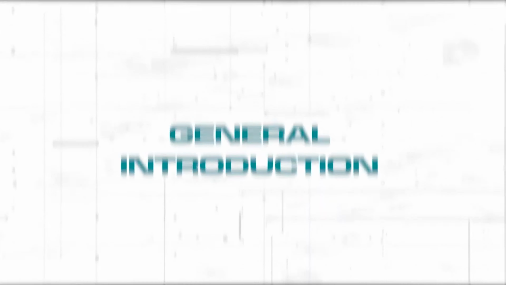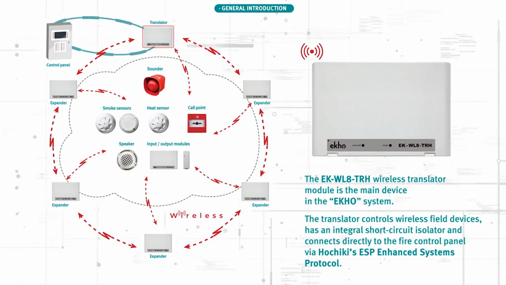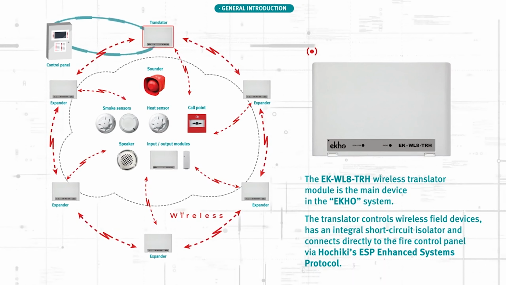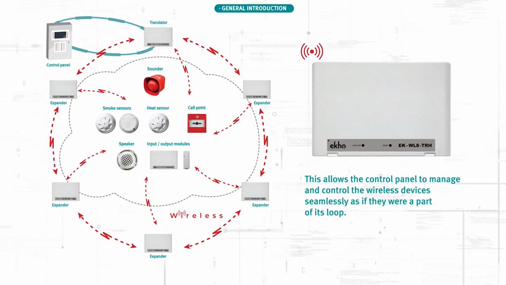The EK-WL8-TRH wireless translator module is the main device in the Ekho system. The translator controls wireless field devices, has an integrated short circuit isolator, and connects directly to the fire control panel via Hochiki's ESP Enhanced Systems protocol. This allows the control panel to manage and control the wireless devices seamlessly, as if they were a part of